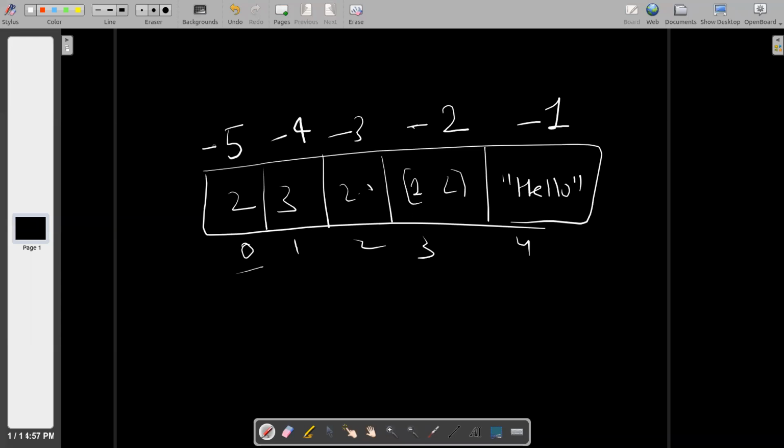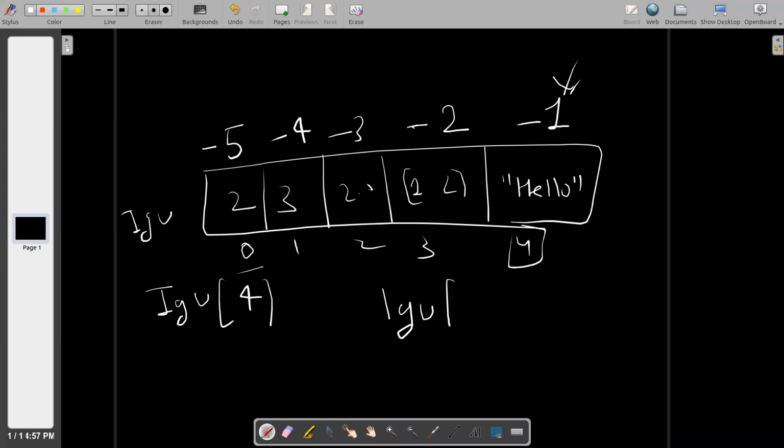Let us call the list name IGU. Let us say I want to access the last item. One way is to say IGU[4], because hello is stored at the 4th location. The same thing can be accessed using this other indexing scheme in Python, which is very intriguing and very different compared to C. If I want to access the last item, I can also say IGU[-1].